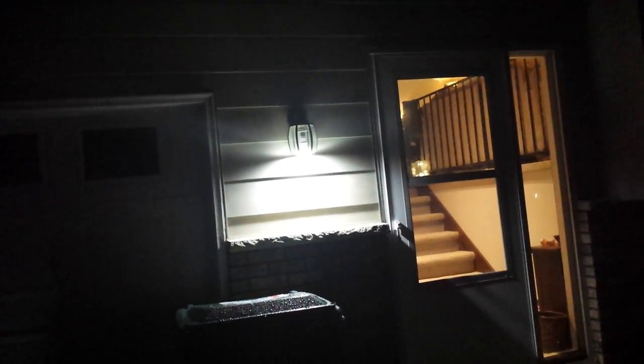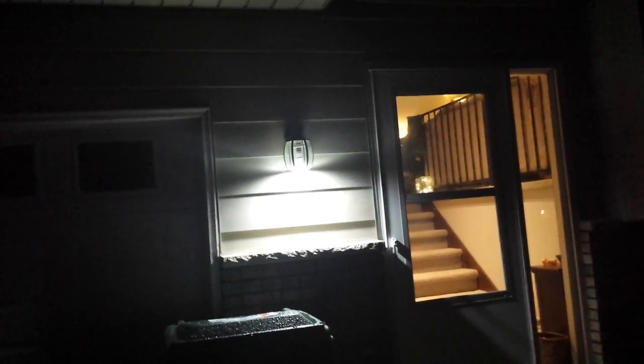The only light out front here is just this one that was here. I put an LED daylight with a dusk to dawn sensor, and that's really just so I can see the lock and, you know, my keys. So right when you come in, World's Fair, and